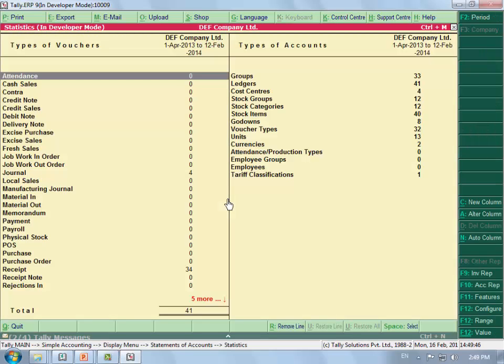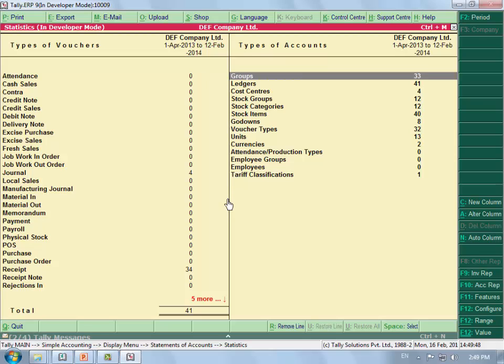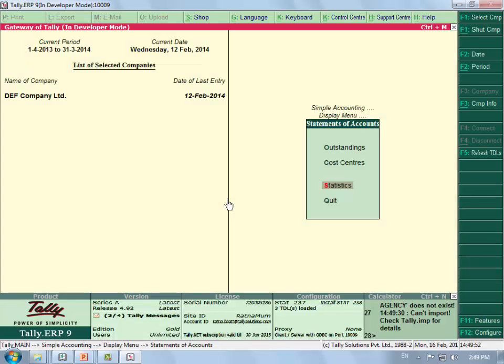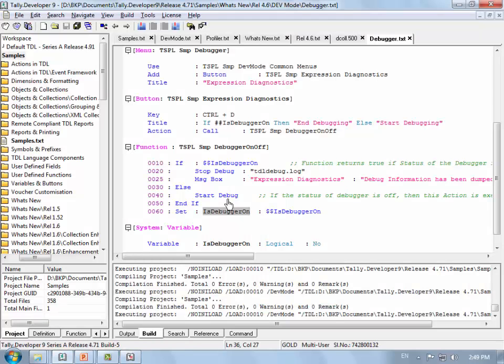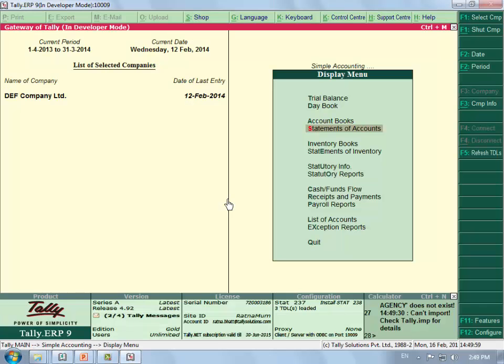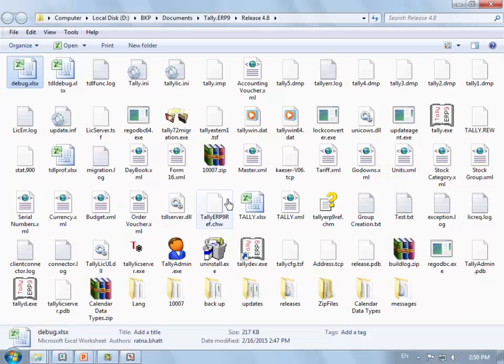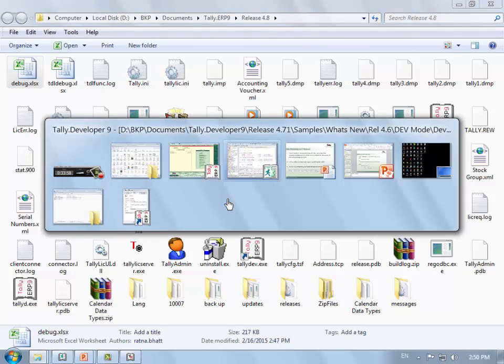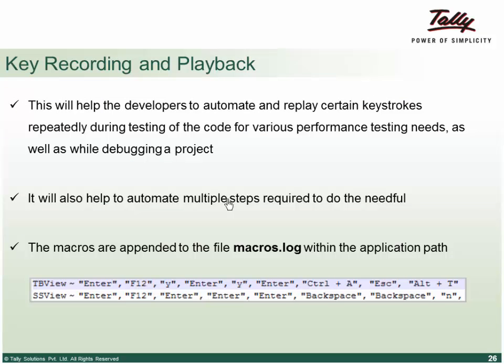So DSS, display statements of account statistics, to check what is the status of the current masters or probably the vouchers. It gets very difficult to keep doing that over and over again when you have to do the same stuff multiple times. For this kind of behavior, the developers can automate this and just replay the current keystroke.